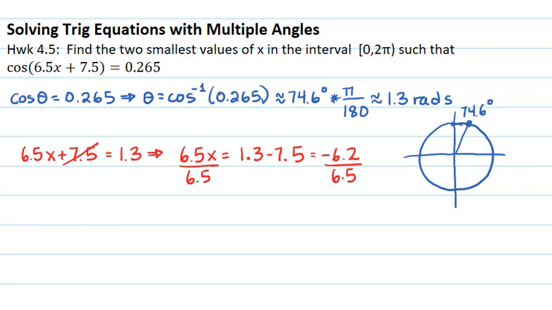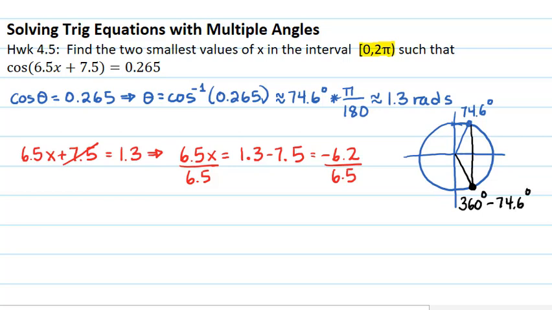But negative x is not a value in the interval that they are looking for, which means 1.3 radians or 74.6 degrees is a very small angle that cannot produce a positive x. So what I'm going to do is look for the next largest angle, theta, that has this particular cosine. This will be symmetric with respect to the cosine axis, so some angle in quadrant 4. And this angle will equal 360 degrees minus 74.6,